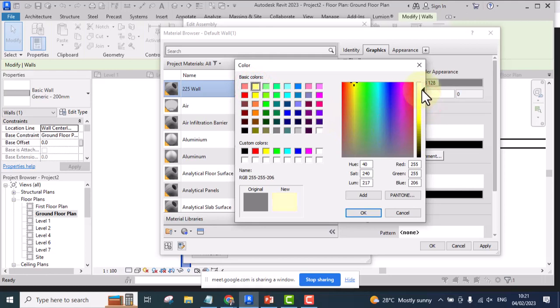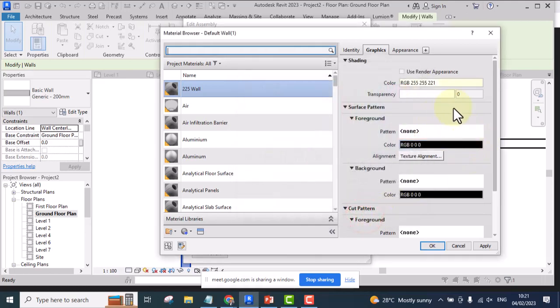I go towards the lighter part of it and I click OK. All right. If I want it to be transparent, but of course, this kind of wall should not be transparent. But in a case whereby we are working on glasses, then you can increase the transparency. Okay. This foreground specifies the pattern of the wall, and